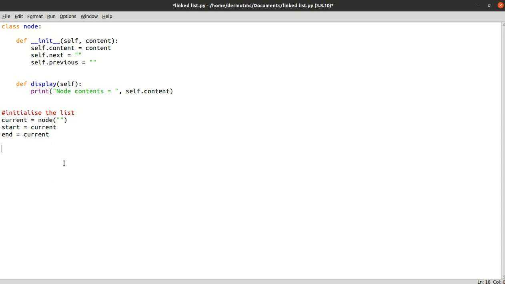I've got one node in it which is empty. So the start pointer points to it, the end pointer points to it as well, and the current pointer, if you like, also says that it's empty. Everything's pointing to the same spot at this moment in time. So I'm going to load some values